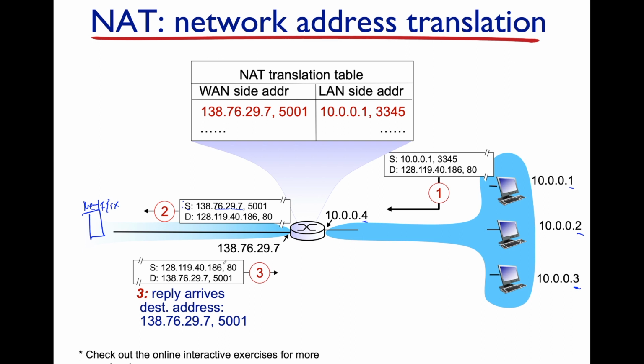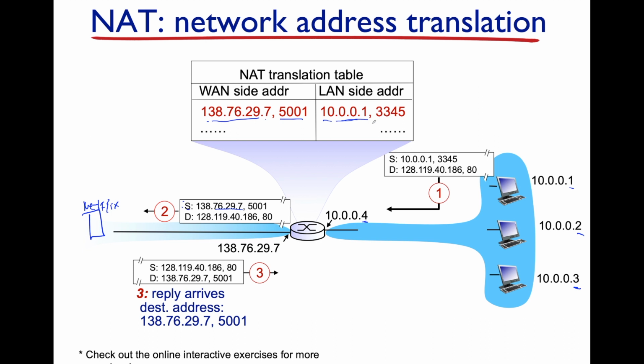So we have this response message. The destination address is 138.76.29.7, port is 5001. So it arrives at the input port of this NAT box. This NAT box sees this destination IP address, sees that port number, and it says, aha, well, I know the destination address. That's my IP address. Okay. Which port number is it? Which destination port? It's port 5001. So it consults this entry and it says, okay, well, that corresponds to private domain IP address 10.0.0.1 with private